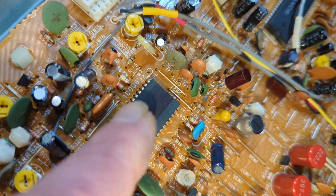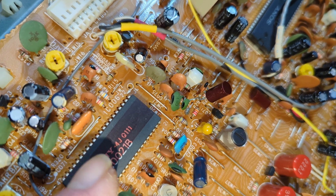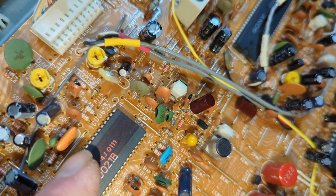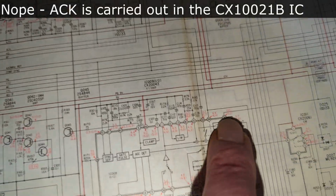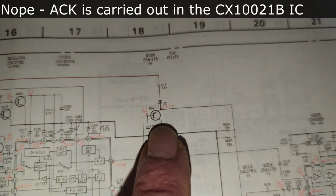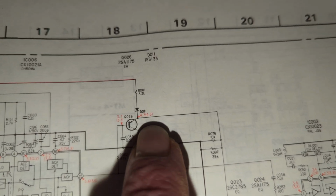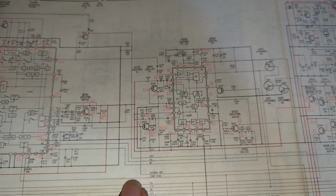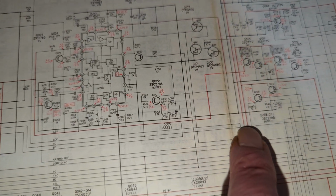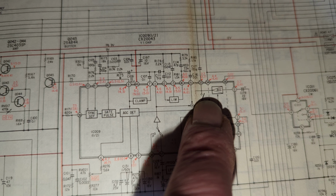And basically I've gone right the way through this, and you can see where the signal is basically being turned off, and that gets turned off from here, from this chip. And looking at this chip, gosh, I've got to try and remember back on this. We've got a line here, the switch here, and there should be 4.3 volts here, both in record and playback, and I only get it in record, so there's no chroma. That comes all the way down here. It's the acknowledgement rail, and it drops down to YC-28, which is